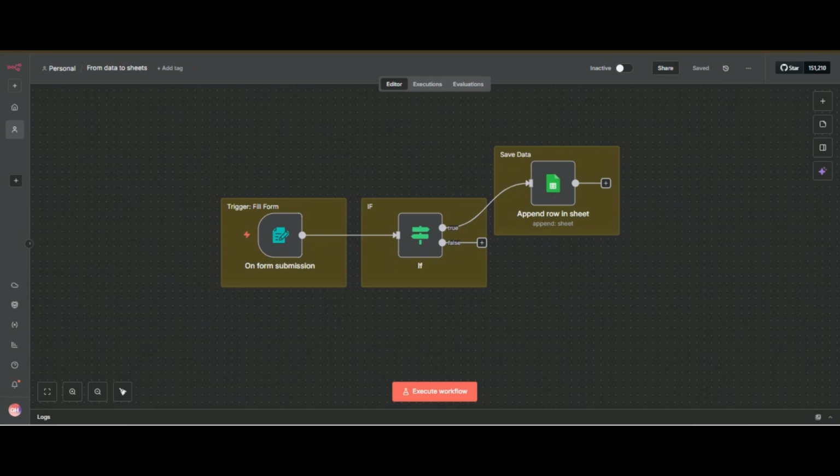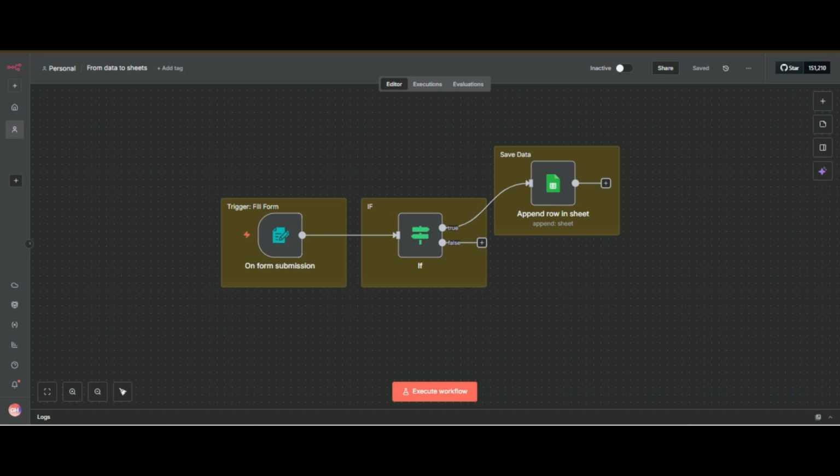So I have just built a simple workflow using a tool called n8n. This workflow will save our incoming data from our form to Google Sheets. But before saving, it will check if the user is male or female.